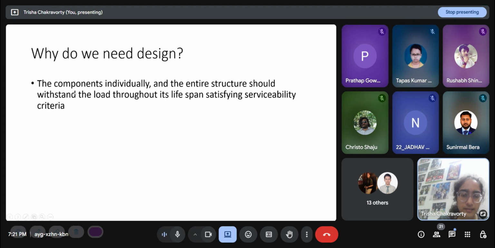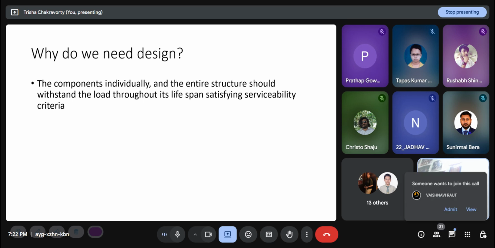One thing is, when the lifespan is reached, it doesn't mean that you have to tear down the entire building and make another. It means that after the lifespan, you have to provide it with major repair. Major repair means you have to call an engineer and do a proper structural health monitoring, and wherever it needs repair, you should provide it.